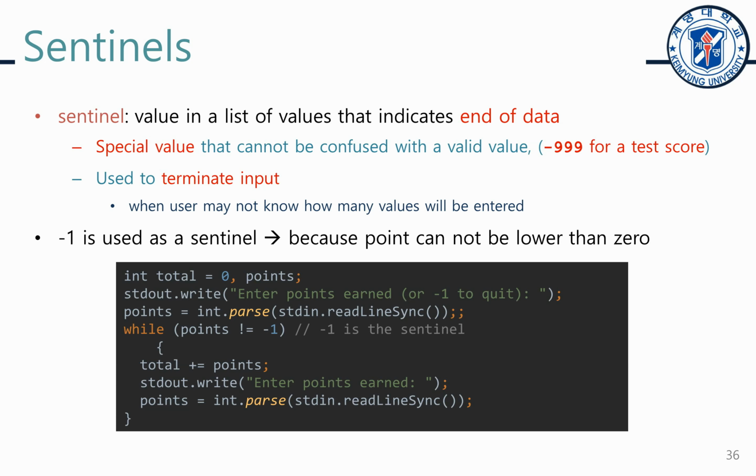So for instance, in this case, we can have such a program, and we can use -1 as a sentinel value, or as a terminating input. So we can ask the user to enter points earned, like when you purchase from eMart, or when you purchase from any other shop, for instance, you may be able to see that